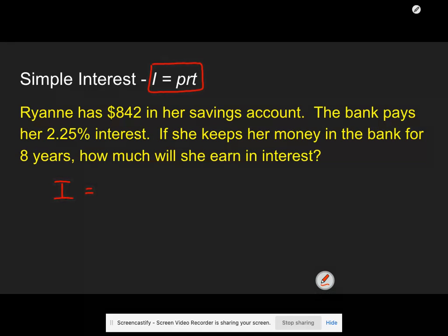Equals P is for the principal, which is the dollar amount, 842. Obviously, when we have numbers and letters right next to each other, that means multiply. R is the rate. Now, we need to make our rate, which is our percent, into a decimal. So we're going to multiply by 0.0225. And then we're going to times by T, that is time, for the number of years, which is 8. And for your assignment, I'm going to allow you to use a calculator for this portion. So when you multiply, you end up